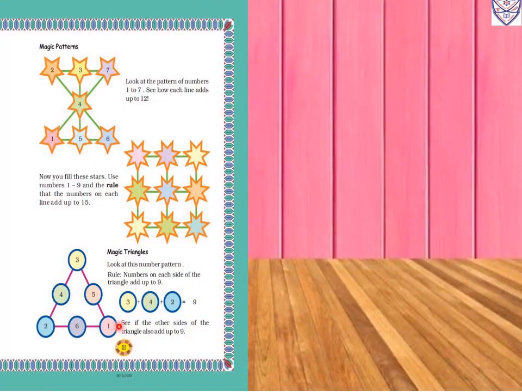Now page number 111, magic patterns. Look at the pattern of numbers 1 to 7. See how each line adds up to 12. See, the numbers 1 to 7 are